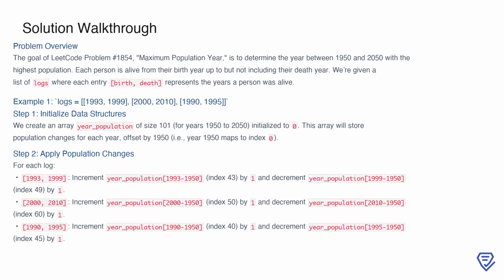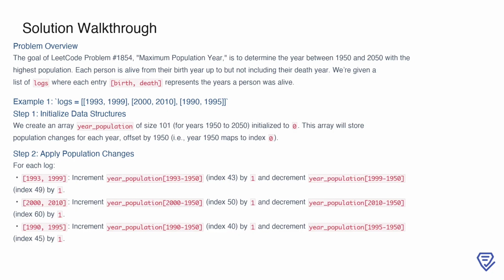It's important to note that a person is only counted as alive from their birth year up to, but not including, their death year. To solve this, we start by initializing an array called year_population with 101 zeros, where each index corresponds to a year between 1950 and 2050. We then iterate through each log in the input. For the first log,